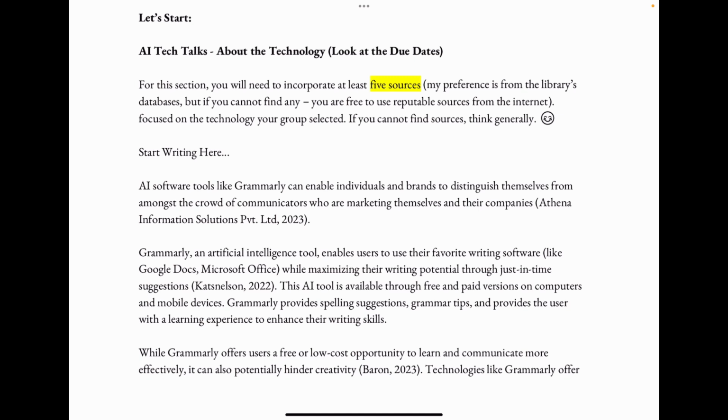This is section 1. This is about the technology. The purpose of this section is to just let your reader know exactly what the technology is, the history of it, why it's there, what it does. And so you are bringing your reader up to date regarding your group selected technology. Okay, so you need to incorporate at least